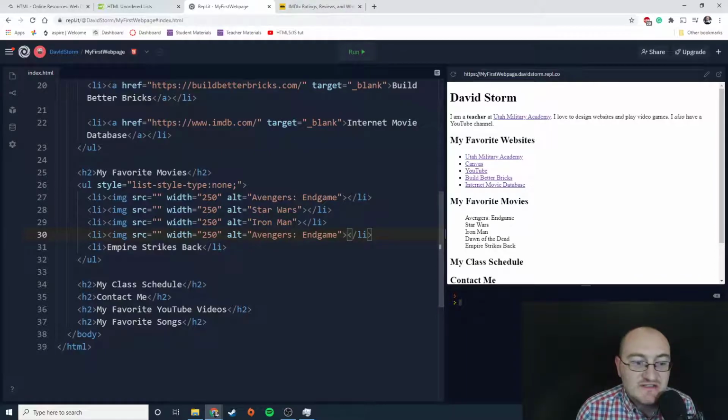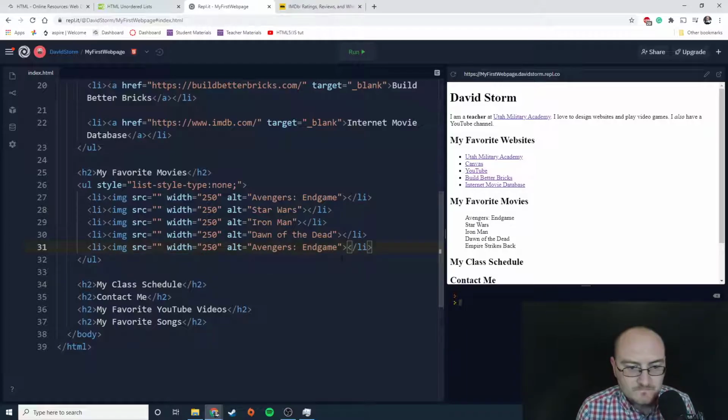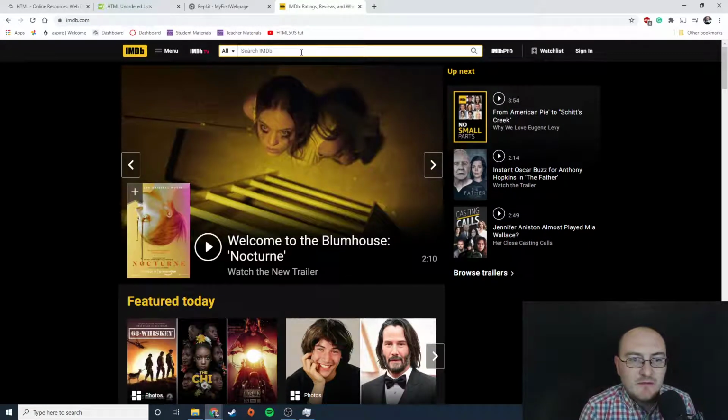Now, notice that I haven't set a source for my image, so there will be no images yet. But we will put images in there once we find them. Dawn of the Dead, Empire Strikes Back. Okay, so our images are correctly in here, but again, like I said, we don't have actual images yet. So what we're going to do is come here and go to